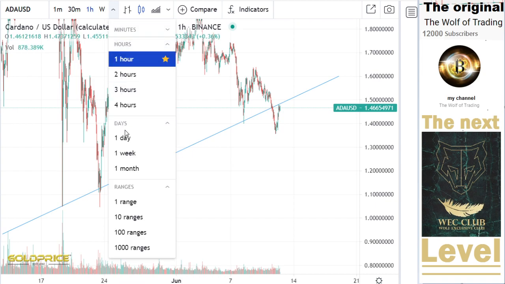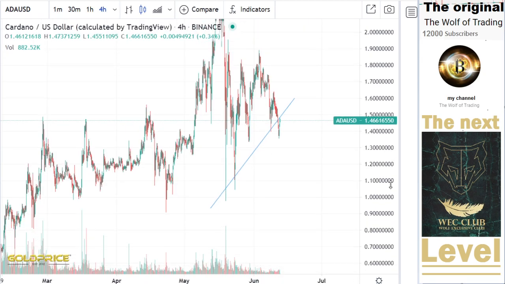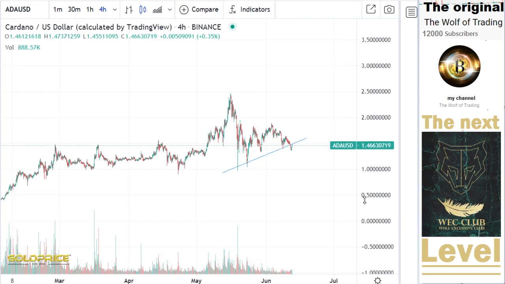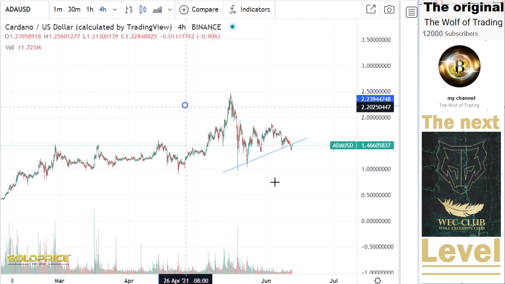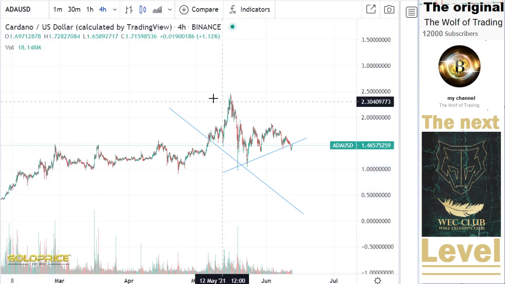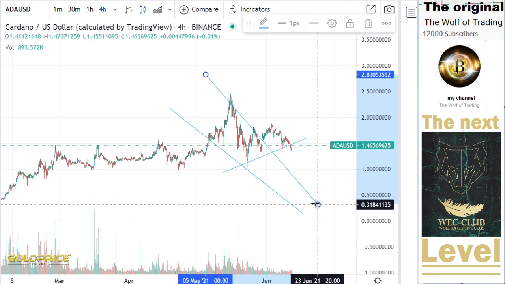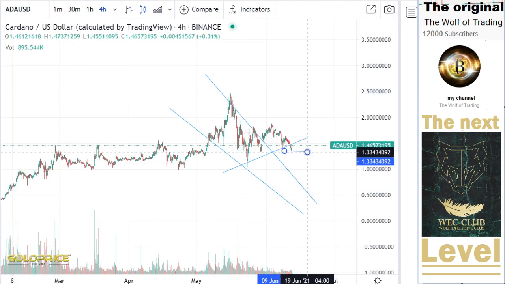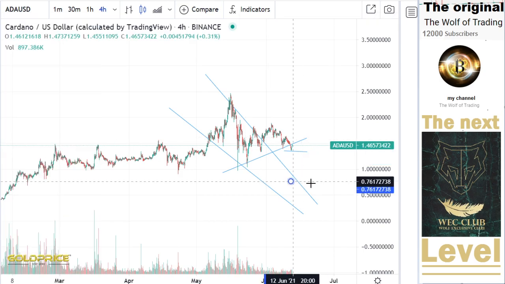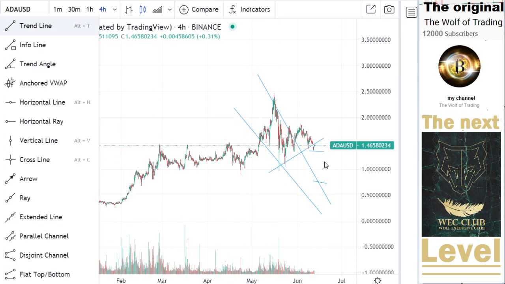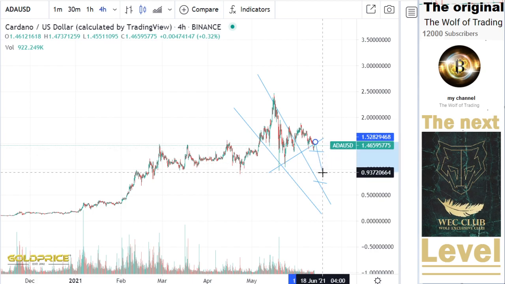Let's look more in general at what we have here. We could say, okay, this is not the important part. The important part is this here. We have the negative channel, and what is the danger from the other side is that we have this gap here, if you look from here to here. That makes a danger that we could fall in the next move to this area.